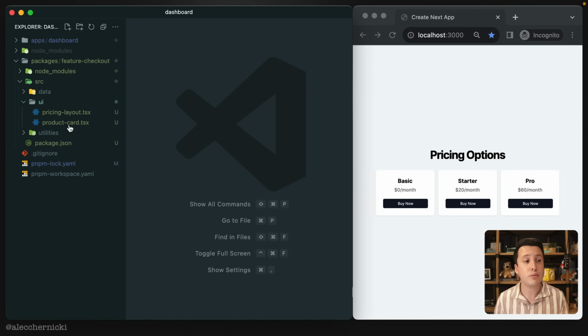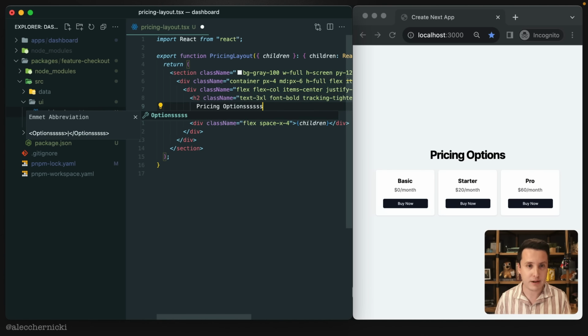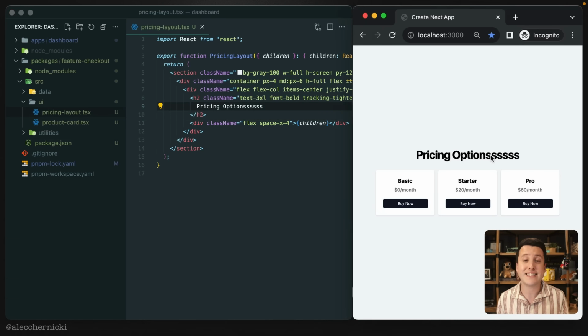Here you can see 2 React components that are rendered on the right in our next application. But the crazy thing is that if I update one of these components, you'll see that I get the same exact hot reloading experience as if I built these React components directly into the application. This pattern is called the internal package pattern, and there's some great documentation for it on the Turbo Repo website. Internal packages gives us the ability to create stronger boundaries between bits of application logic while giving us the exact same developer experience of working on one application.